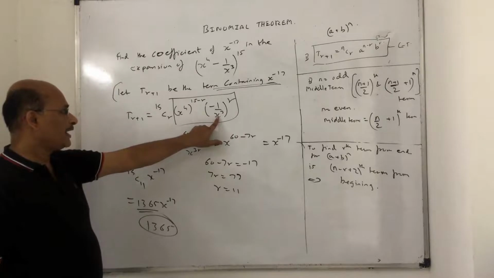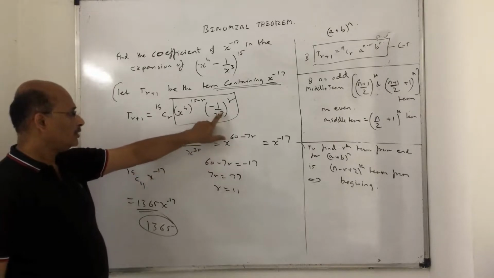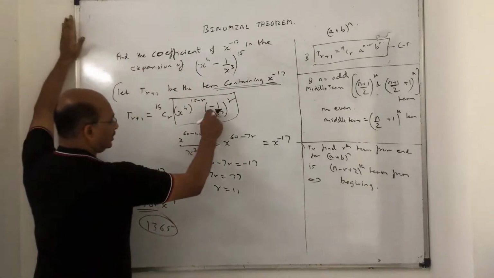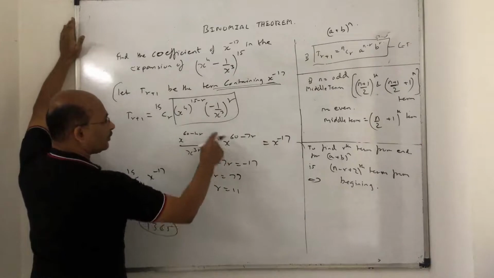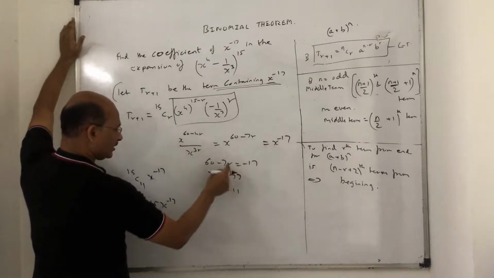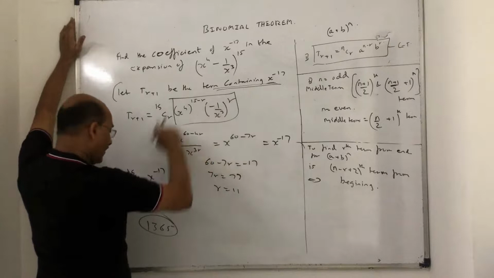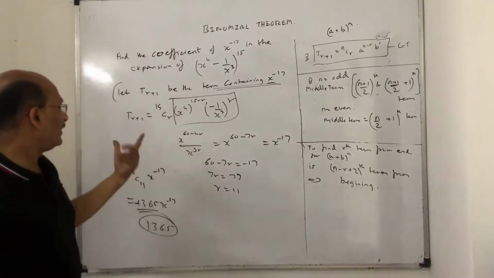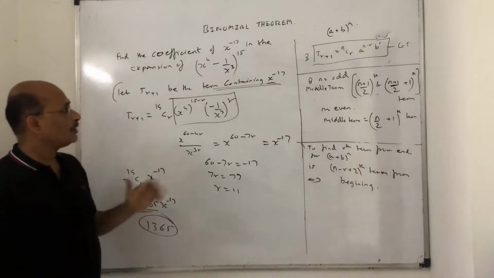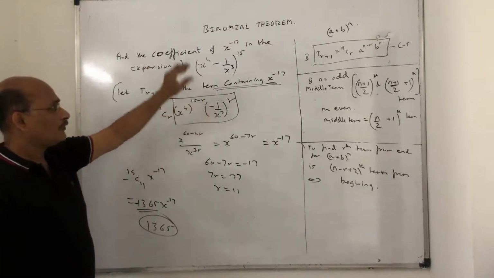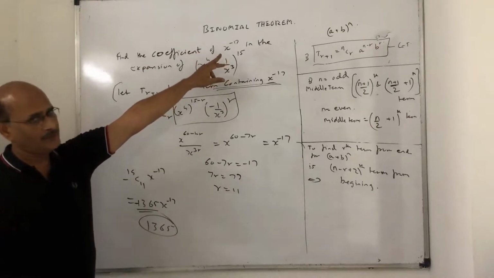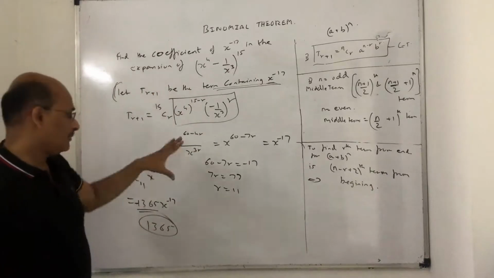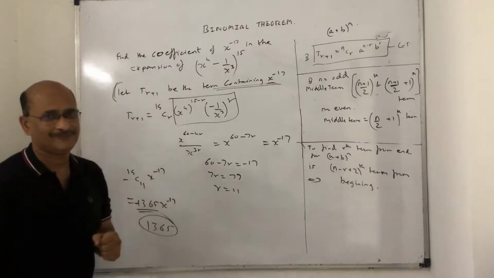There is a small point which I want to share with you. Just see, when I wrote x raised to 3 here, because of this minus raised to r, what is the r you are getting here? r is nothing but 11, so minus raised to an odd number will be minus, so it's better you put the minus sign here. Okay, got the point? We'll take one example more, but I hope you got this point, how to find the coefficient of a term consisting of some variable. So this pattern, in all the cases, first case, I'll mention it again to you. So please take it down.